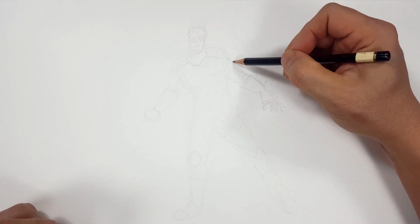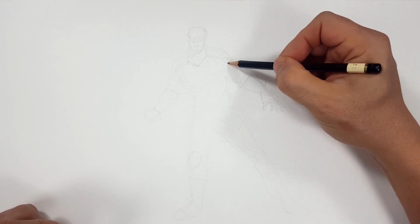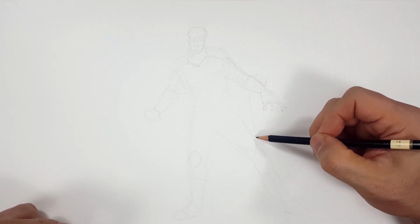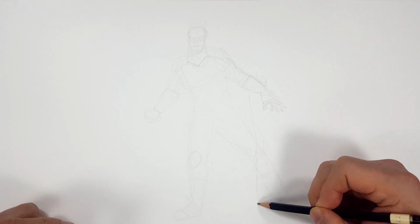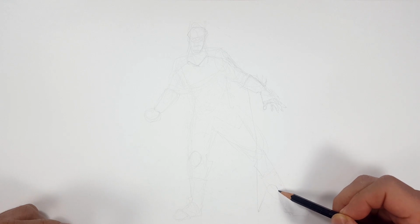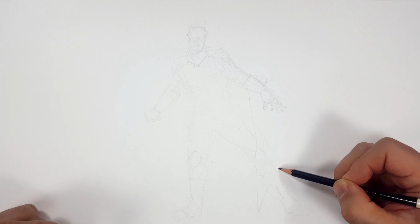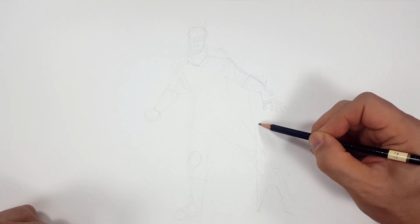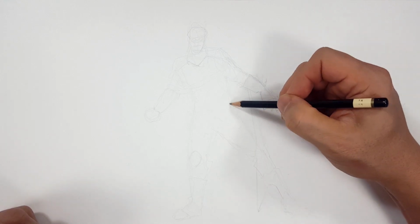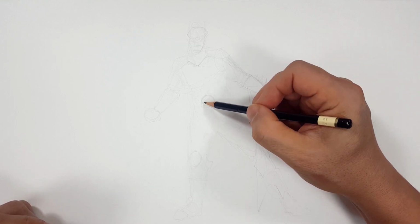So the cape's gonna go over his arm like this, then it's gonna hang down. Let's see, so I'm gonna have it over a little bit, hanging down onto his leg, and then hanging over like that, right? Okay, so that means like this, that's over that. Cool. That works out, that's perfect. So now I'm gonna add the details, and I'll try to get through this fast